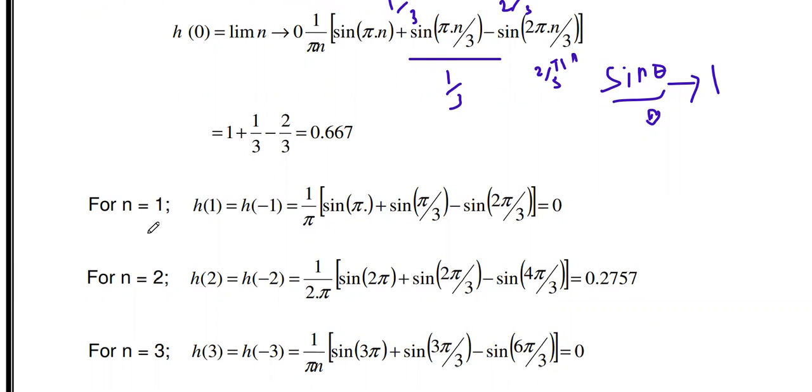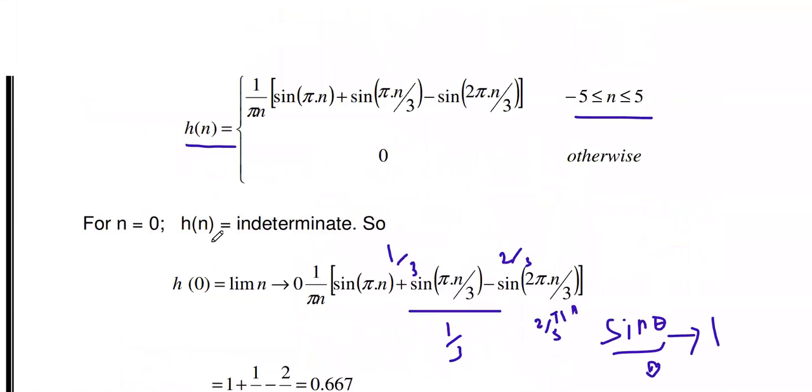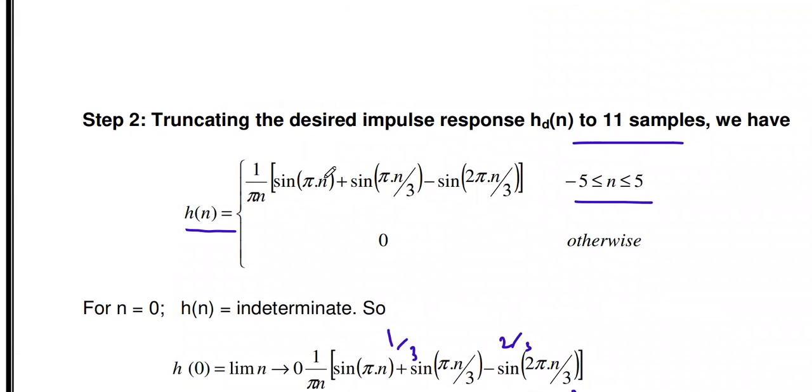So for n equal to 1, and already you know the sequence. Our given frequency response is a symmetric response, so the h of n and h of minus n values are equal. That is, h of 1 and minus 1 are equal, h of 2 and minus 2 are equal, 3 and minus 3 are equal. So we can calculate only once. Now h of 1 is calculated by substituting n equal to 1 in the h of n equation. Instead of this n, and this n, here one n is available, in the place of this n you just substitute 1.